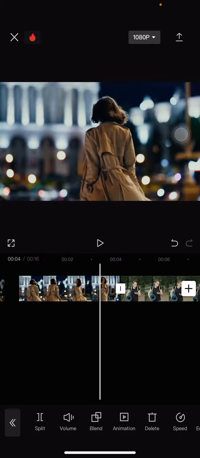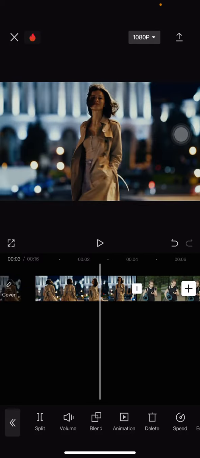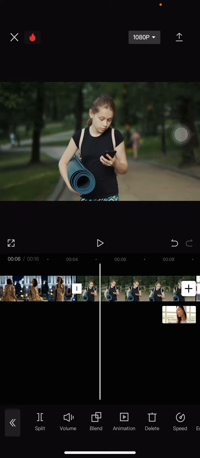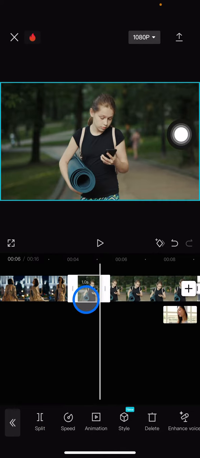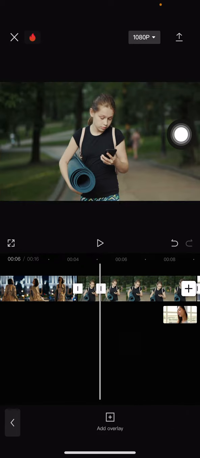So I have these two clips, and now to make a cutout transition you need to jump into the second clip, and after that you need to split the clip into two parts. Just click the clip, and then click this split button. After that click the first part here, and scroll to the left side of the tools down here